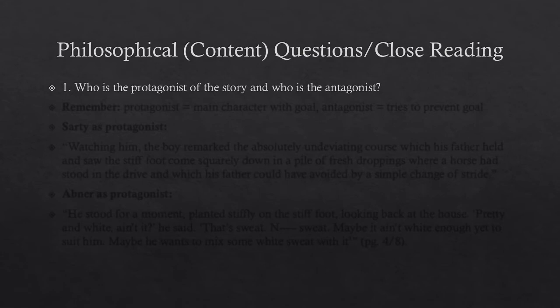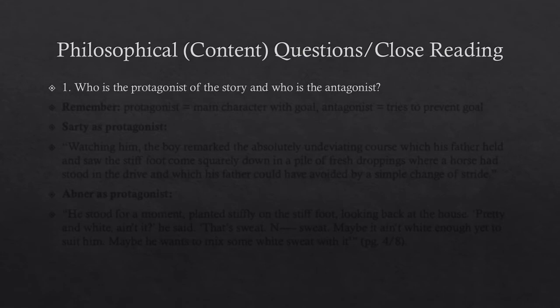And while I disagree with the argument that Abner is the protagonist, it is, I would say, a defensible argument if you do a good job of making it. Now, it's a hard argument to make, but you can make it. So what I'm going to do on this slide is show you how we could see Sardi as the protagonist, which will be fairly obvious, and how, less obviously, you can see Abner as the protagonist, so that you can more informedly make your own decision, and then when you get to the discussion board, see how you answer the questions based on that.